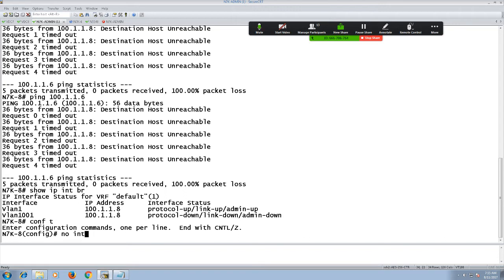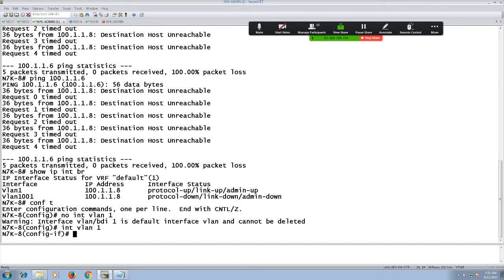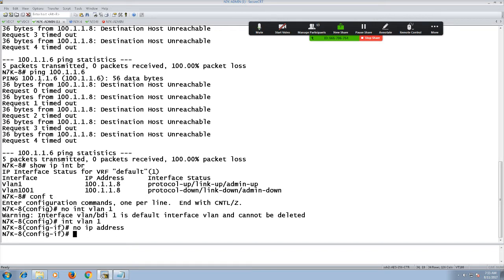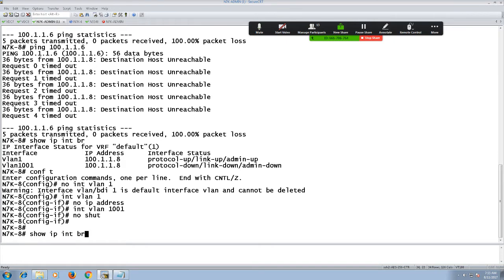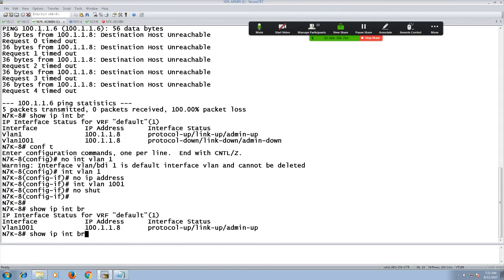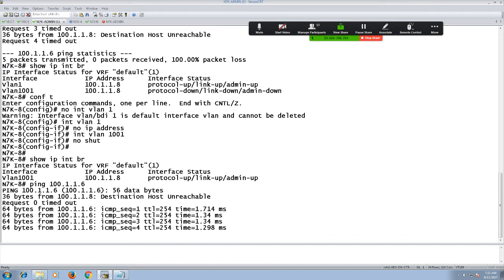So we should have written no interface VLAN number 1, but it's telling that it can't be deleted. So we have to go to interface VLAN number 1 and write no ip address, and on interface VLAN number 1001 we have to commit no shutdown. If I take a look at show ip interface brief now, we would be able to ping 100.1.1.6, which we can.